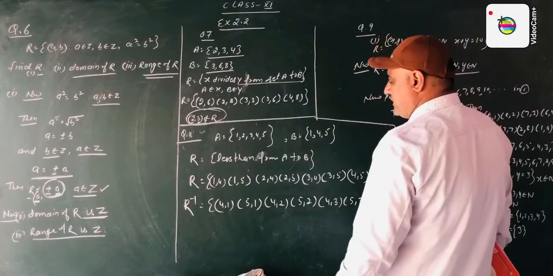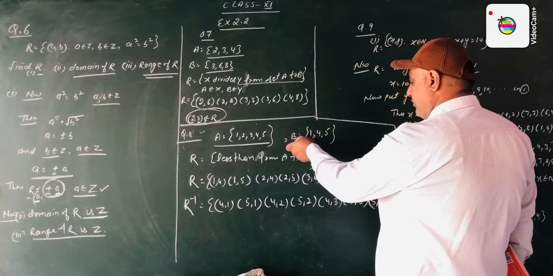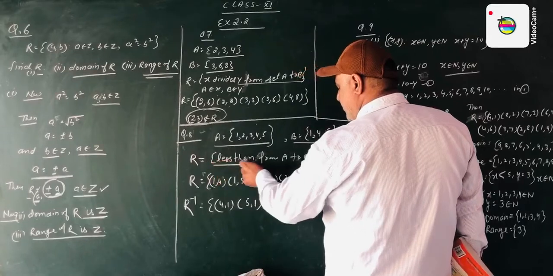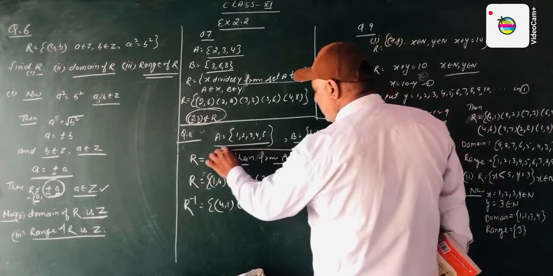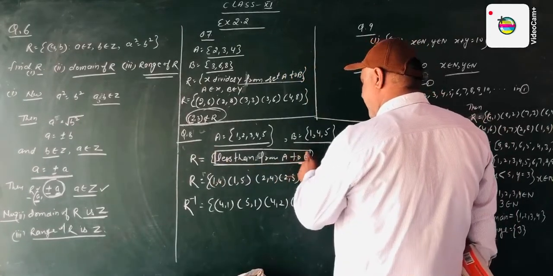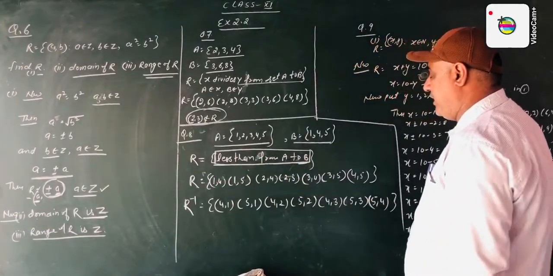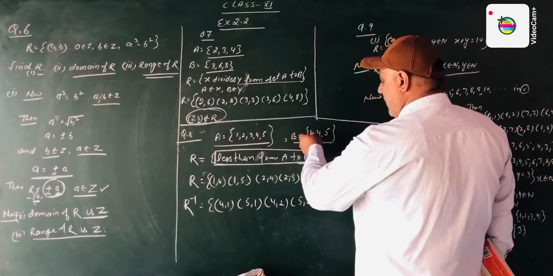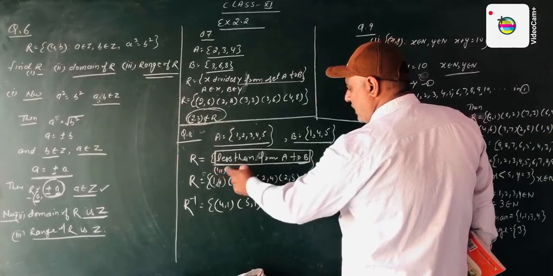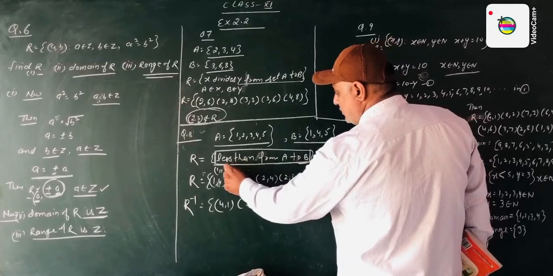In question number 8, it says that A is the set 1 2 3 4 5 and B is the set 1 4 5, and the relation R is given. It is given as less than from A to B. We have to find the relation of those ordered pairs where a is less than b. It means the elements of A are smaller and the elements of B are bigger; we will make pairs from A and B. First we take the pair 1 1. If we take it, then both are the same, but the given relation is a is less than b, so this does not belong to R.